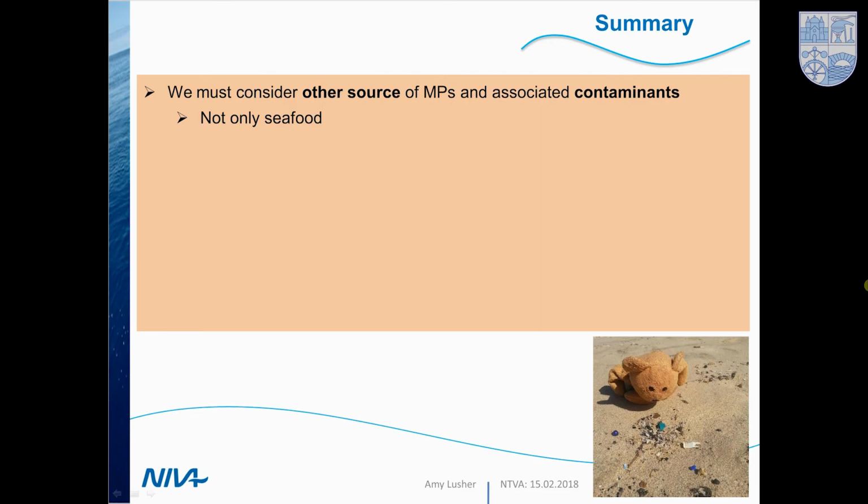So, in summary, we need to consider all routes of exposure to microplastics and their associated chemicals, and other sources of microplastics and their associated chemicals, and not just drinking water and food. We need to think about how we can be exposed through breathing or through the skin. It's not only seafood that could be exposing us, but we also have many, many unknowns, and we will try and answer as many questions as we can, but it's going to take time because we're still identifying the most appropriate methods to allow us to identify and understand the implications of microplastics.